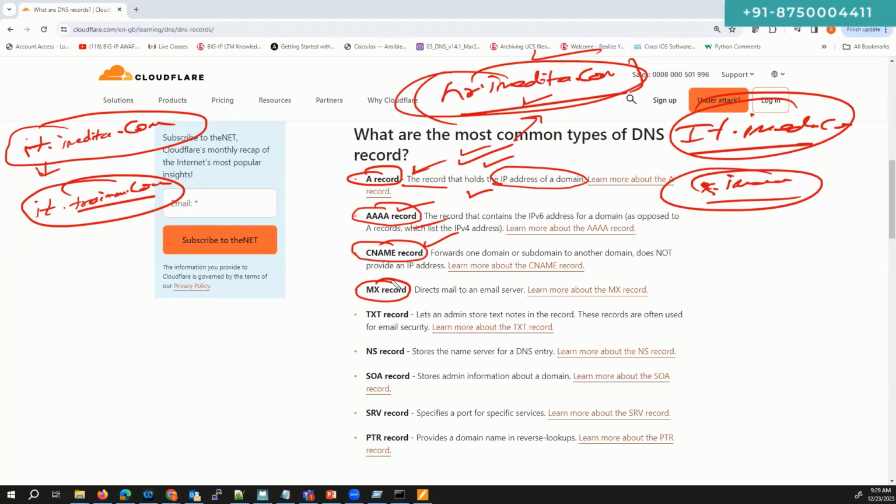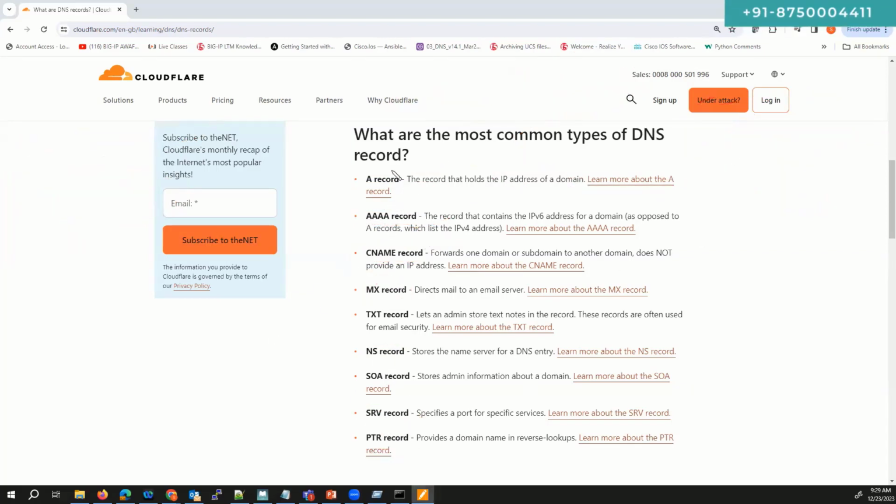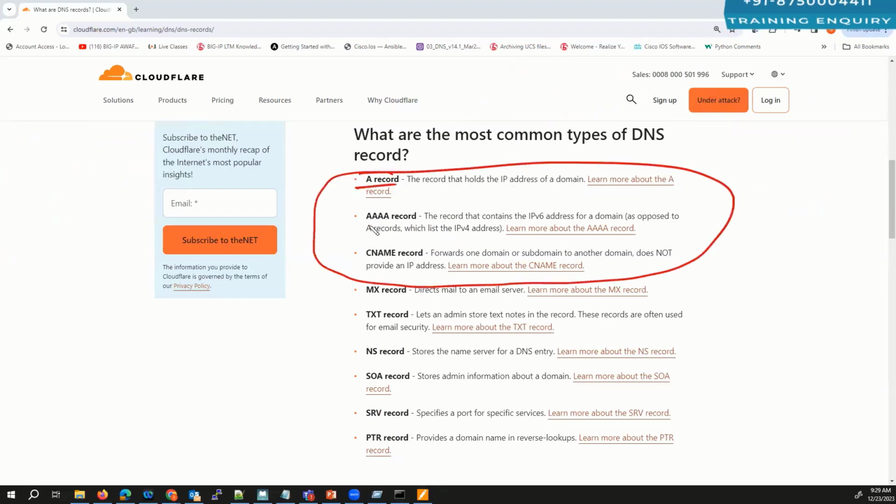So that's that. And sometimes maybe you can create the name server records, the NS record, right? For services, you can create the service record, pointer record. So I'm not really an expert in that, but all I have got for you is these three records, right? The A record, AAAA, and CNAME, right? And these are the records that you create most of the time on your BIG-IP DNS, or maybe on